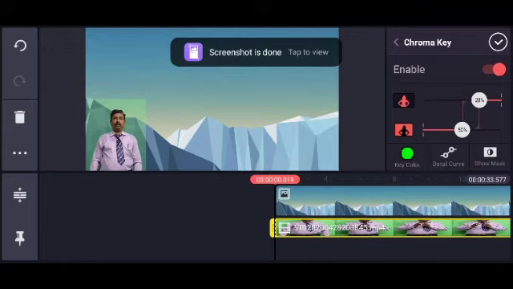I am watching those sliders on the top. By moving those sliders, keeping your finger on them, and adjusting, the green color will fade slowly. As the green color fades, only you will be visible and no background will be there. The background we have already chosen. So now two parts are completed: your video explanation and the background.